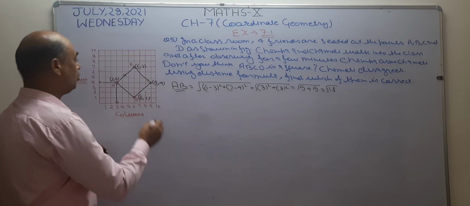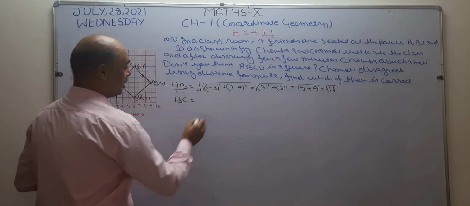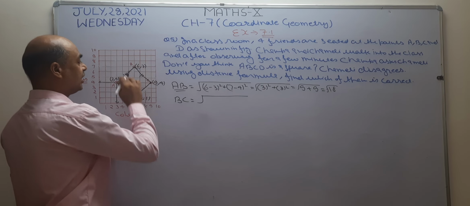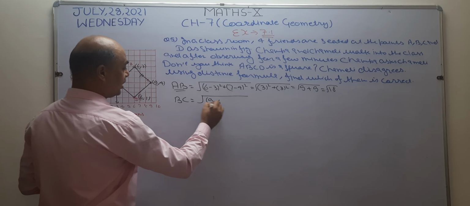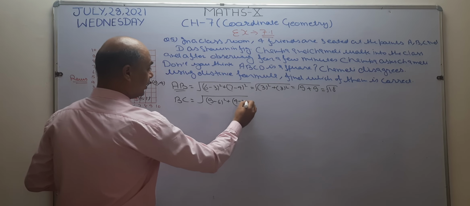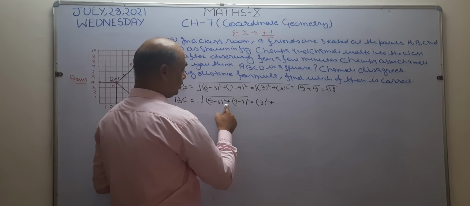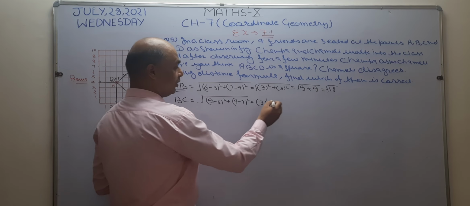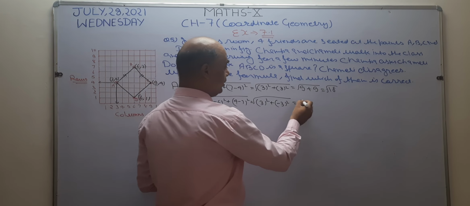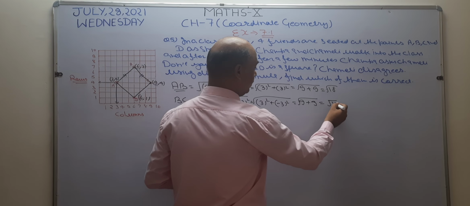Okay. Now I want to check the distance between B and C. I want to use the distance formula between these 2 points. So this is your x2 and this is x1. The formula is x2 minus x1 and y2 minus y1, and its square. Now 9 minus 6 is 3 and its square, plus sign is there, 4 minus 7 becomes minus 3 and its square. Now see, square of 3 is 9, again square of 3 is 9. 9 plus 9 is root 18.